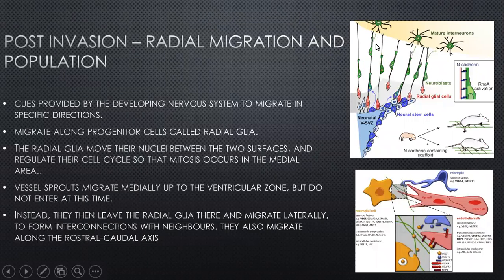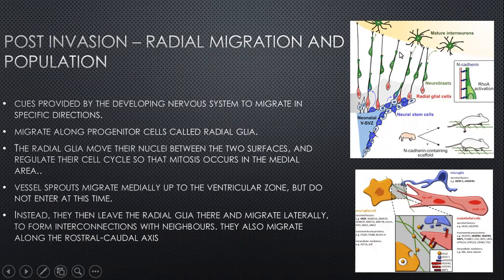Once they have invaded, and this is something we have discussed before as well, just to show you what this is showing really. So imagine this is a cross section, with this being the PL surface. This is the developing ventricular zone. This is the ventricle here. So all the cells which are going to develop, the neuronal cells, are going to start around from here, the neuroblasts, and then they're going to migrate along these radial cells and layer themselves on the cortex. And they are under the influence of these radial cells, which are basically glial cells.